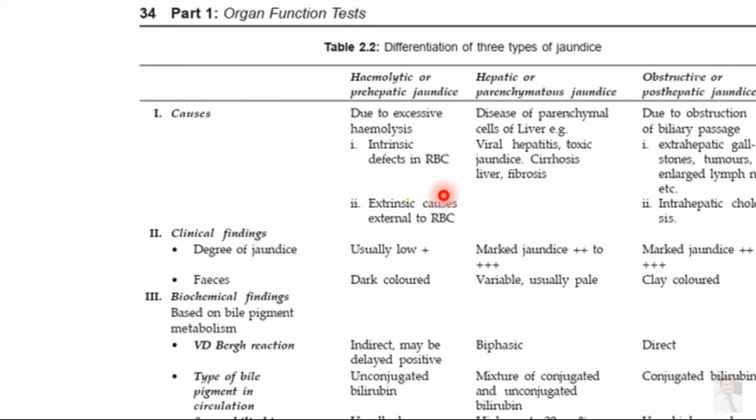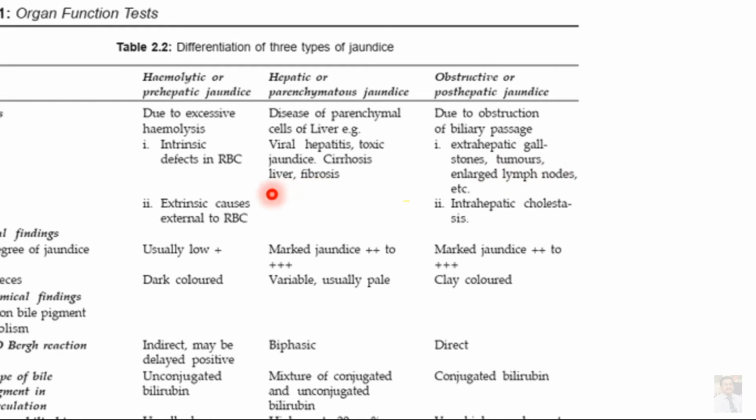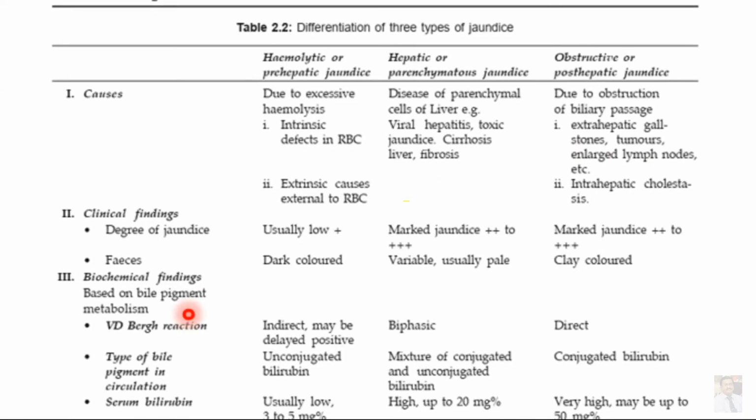The second category is the clinical findings, the degree of the jaundice. Usually there is a low chance of getting jaundice in the first type, hemolytic jaundice. The second category is marked jaundice, 2 plus to 3 plus, that is medium to very high. The third one, the obstructive, is also medium to excessive when compared to the hepatic. As for the feces, they are dark colored in hemolytic jaundice,